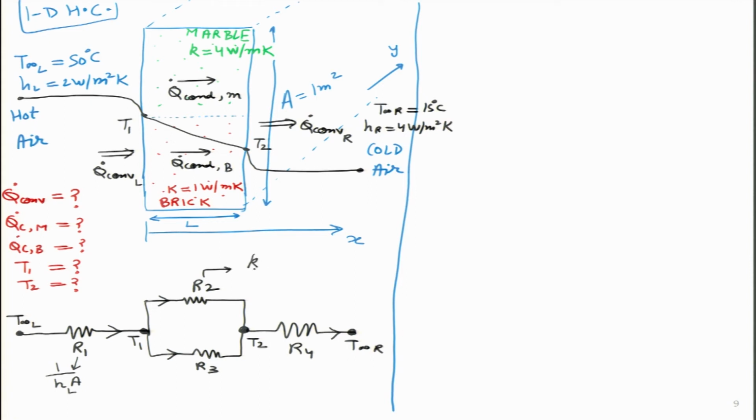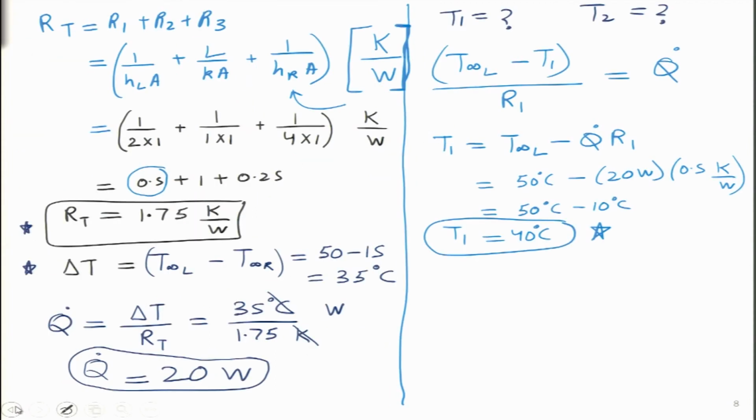Will it remain the same? So, R2 represents the marble over here. Maybe I will write it with green color so that it becomes clear that I am talking about that green marble portion over there. Instead of K I will write Km, because M stands for marble, and we can see the analysis back over there.